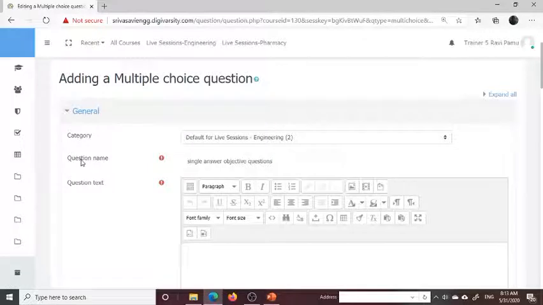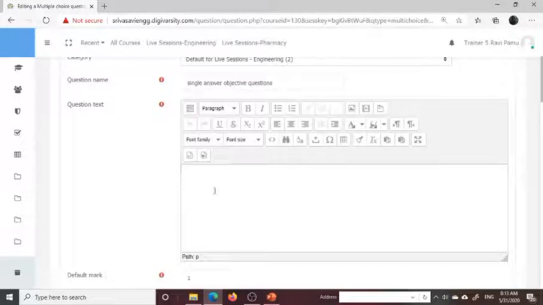Now this is the question name. What is the question name? Single answer objective question. Okay. Now we can type the question. Evaluate some integral of 0 to x, some part is there. Okay, now I can